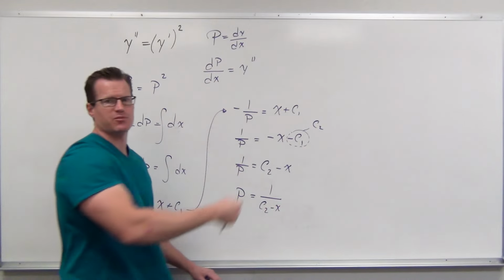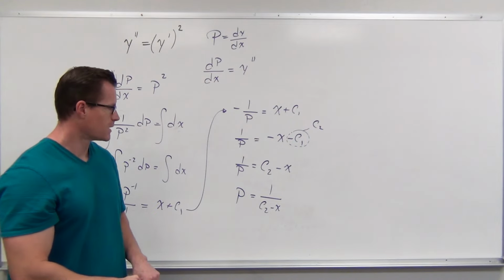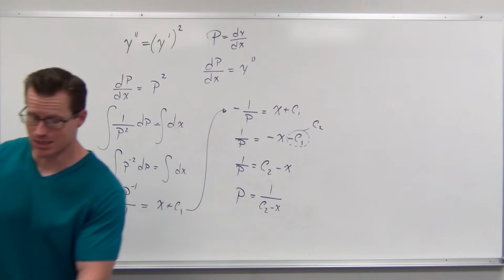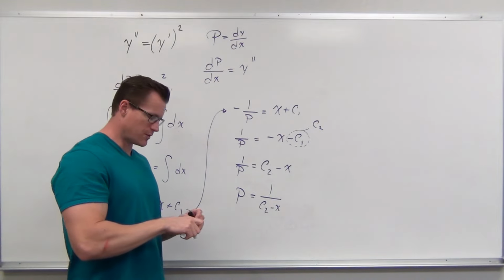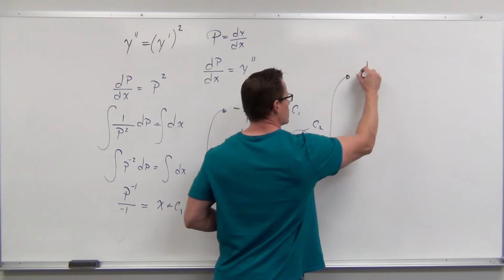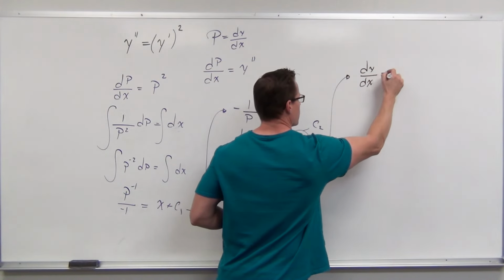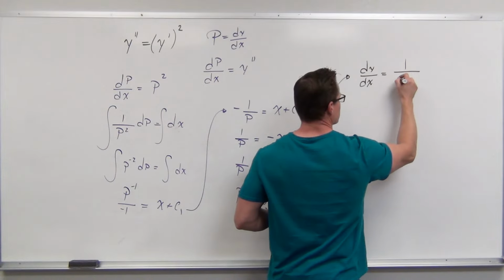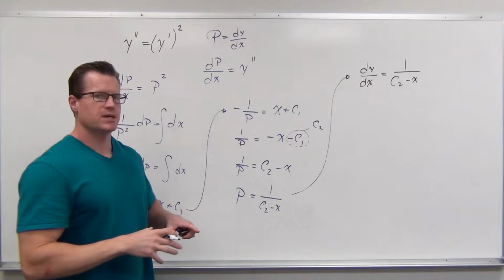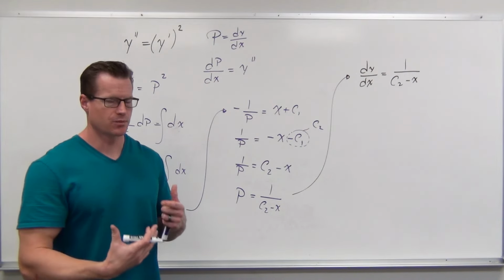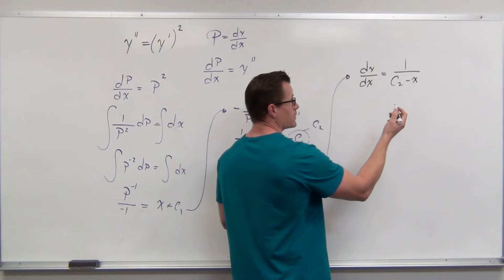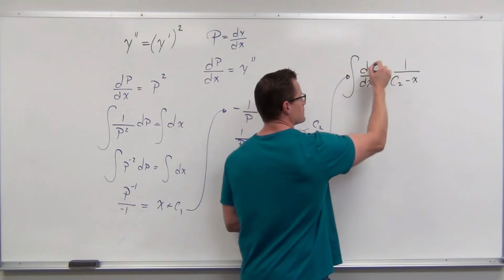We've done all of this stuff before, we're just now wrapping it up in this new technique. Now that we've solved for p, we can replace p with what it actually equals. So p is the first derivative of y with respect to x. Let's show that. When we solve for that p, it makes the rest of this problem really nice because all we've got to do is integrate both sides with respect to x. So when we integrate both sides with respect to x,